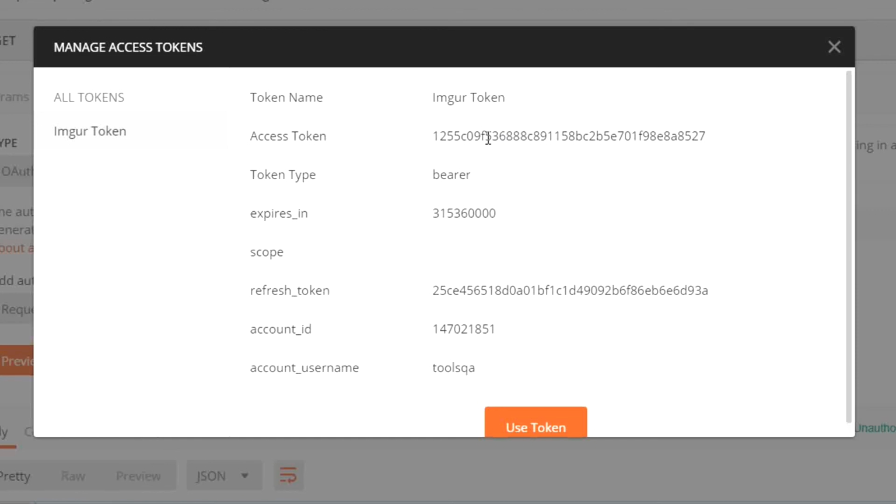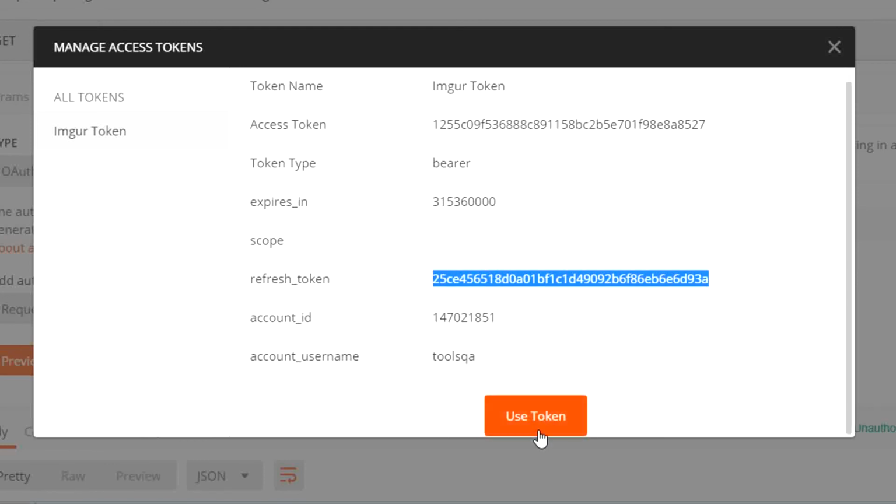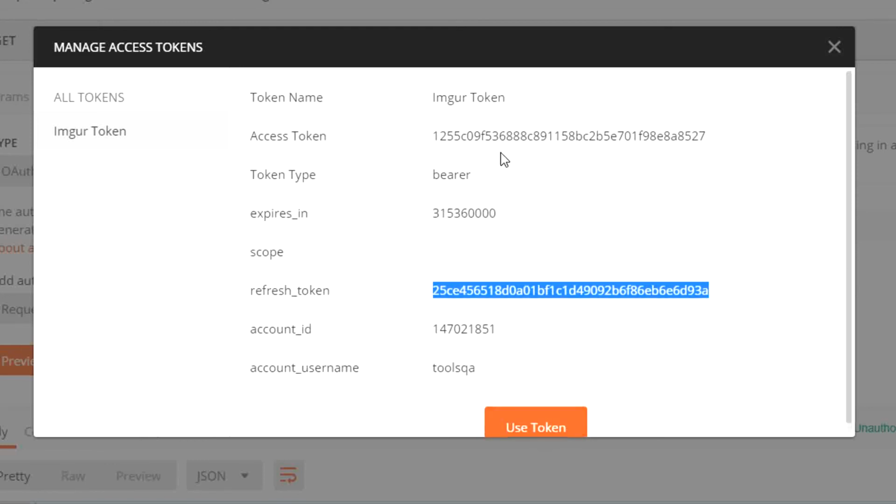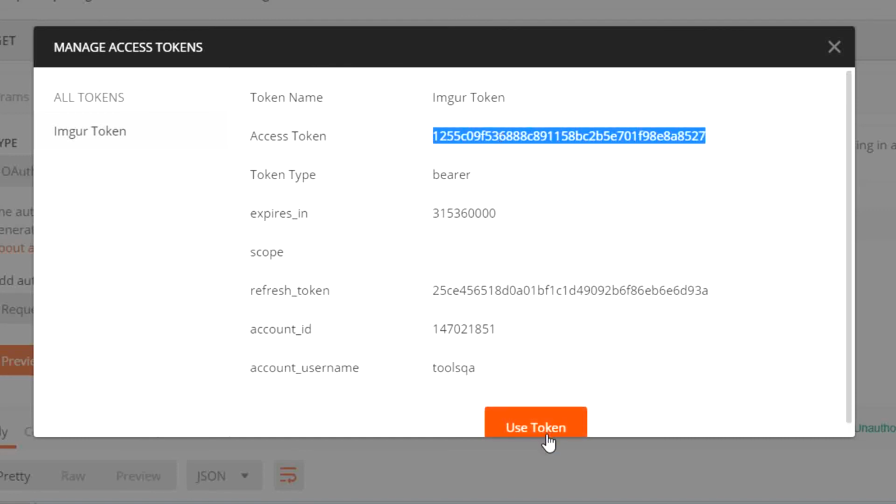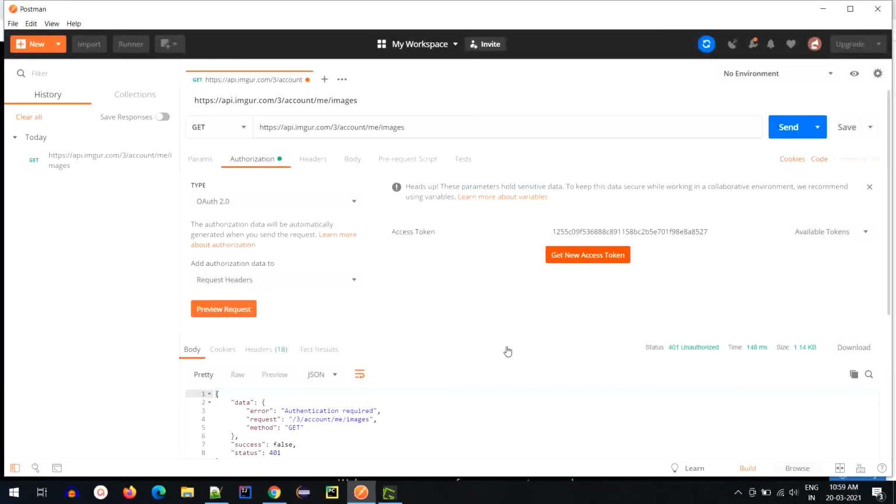The access token will allow us to access the data on the Imager website for our account, and after this access token expires in these many seconds, the refresh token can be used to again obtain a new access token. So we'll just say use token, and what it will do is use this access token to access the data.